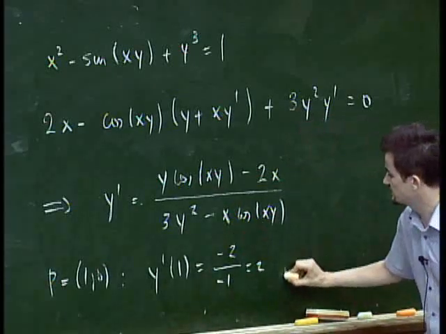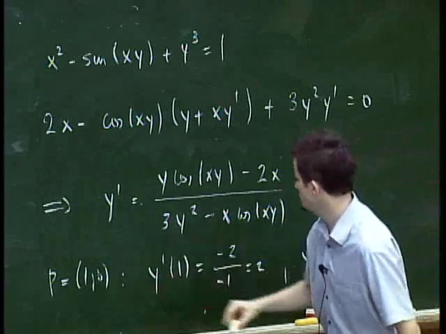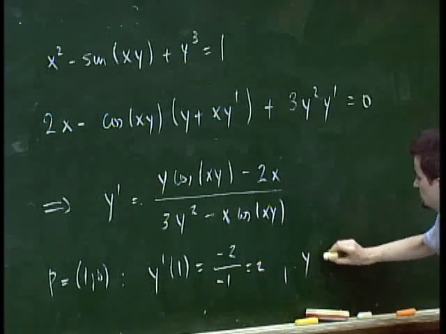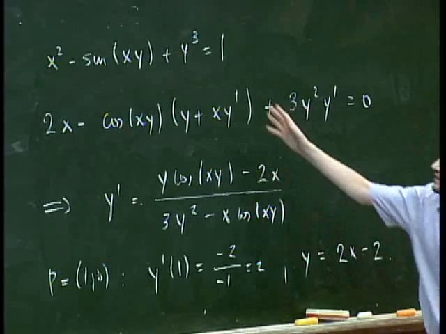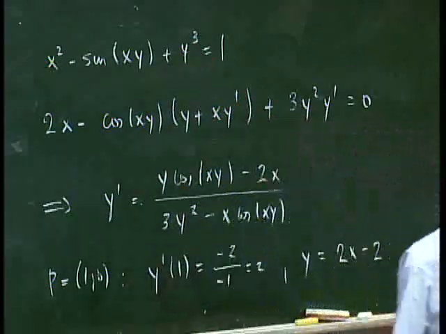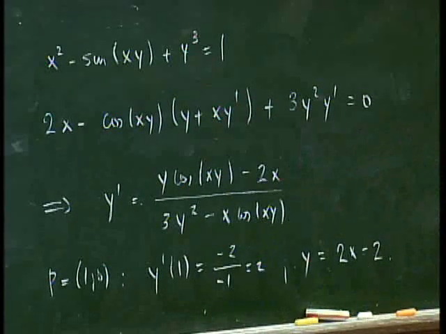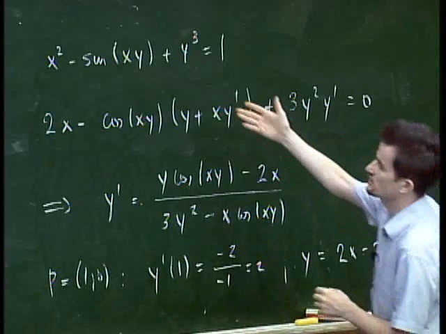So you see that the tangent at this point would be 2 times x minus 1, so 2 times x minus 2. So without knowing how this function looks like, you can still compute things like the tangent at certain points and so on. But of course, it would be nice to have a picture to check this,